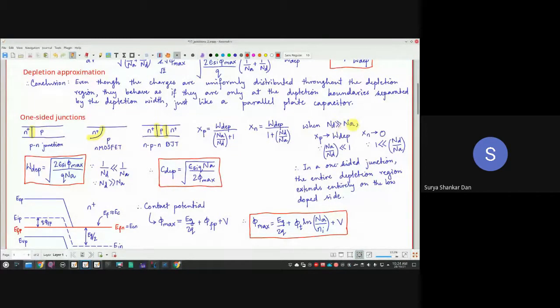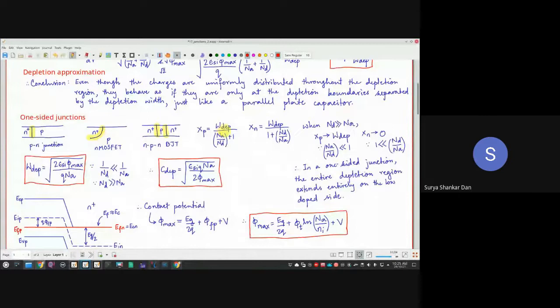Now when ND is much larger than NA, why am I mentioning only ND? Because in these examples I have shown the N MOSFET where it is the N region, and in an NPN BJT the emitter is more heavily doped than the base, right? So here it may be an N plus P junction. This is the most practical case of a diode, which you will see everywhere, in MOSFETs, whether FinFETs, which are also a special type of MOSFET, or the tunnel FET, which I am doing research on. Wherever you find a MOSFET-like structure, you will have this, the most important junction you will ever encounter.